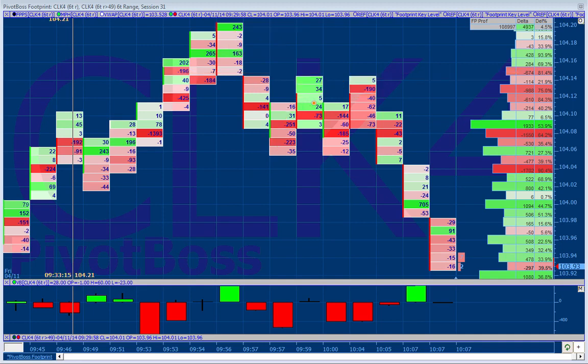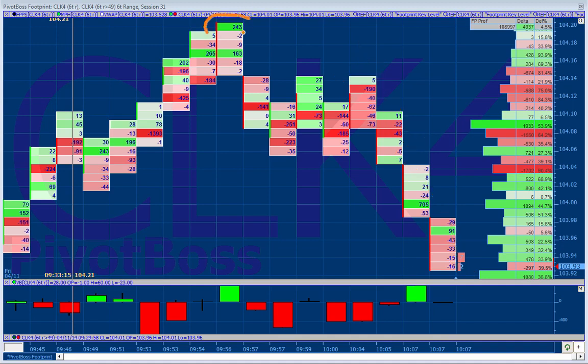The roll down. You look at these buyers that come in right here and price rotates lower. That tells you right there that there are passive sellers right now that are absorbing this demand, just like passive sellers absorbed this demand. Now over here, this is an aggressive seller. The aggressive seller says, I'm going to sell this here right now. And then all of these aggressive sellers come in and a sell program sparks off, which drops price into 103.92.